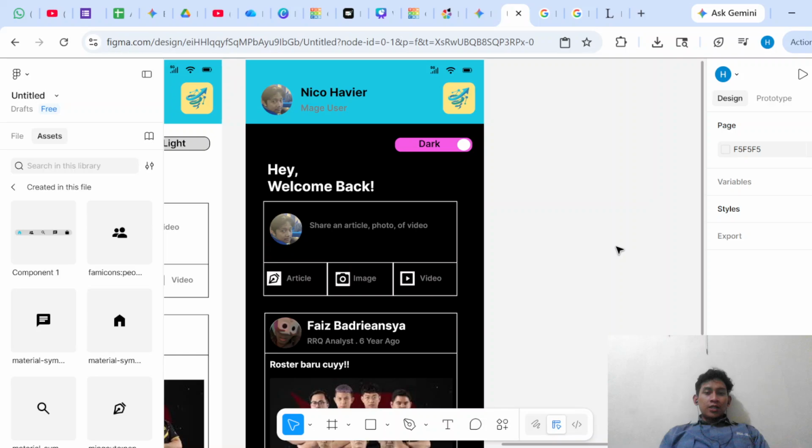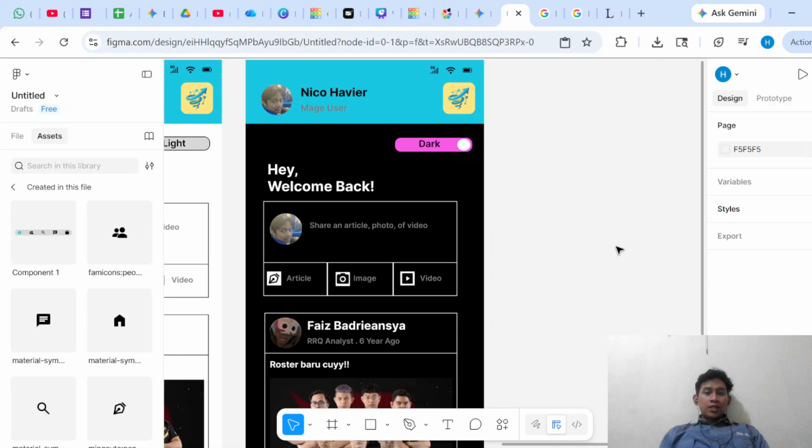And then the layout is the same. We have the header, the transition button, the header text, the first container, which is the user post, then other users' posts as the second container, and the navigation bar. All right, that is the layout of our application. Next, I want to show you the logic